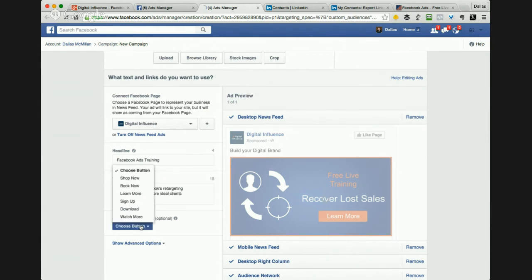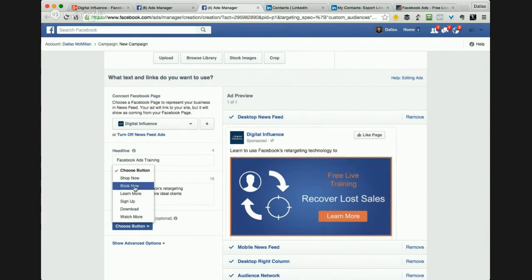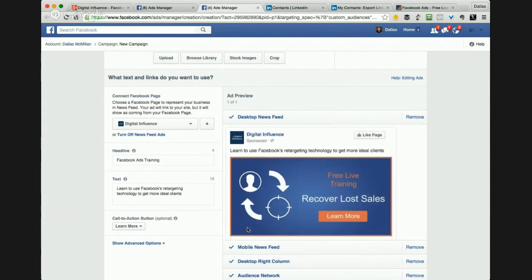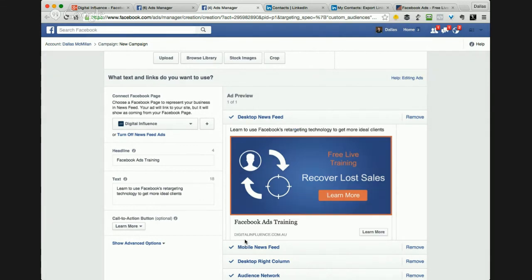Choose a call to action button on an ad. And in this case, learn more is often a good one because it mirrors what I've got there, but also it's a little bit less committing than something like register or buy now. It lets them feel like they're just checking it out, but once they actually get to the page, they're very likely to opt in regardless.